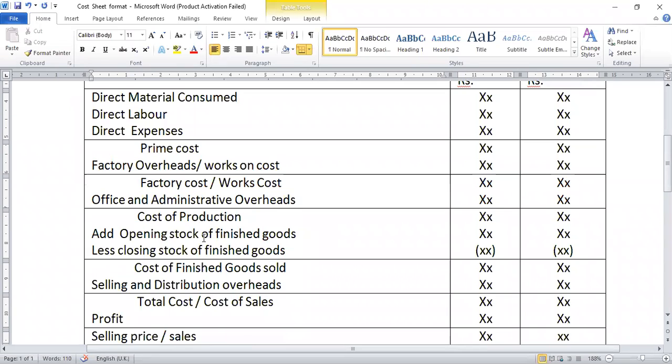Again, in case of opening stock of finished goods, the cost of opening stock per unit and total is already given. But for closing stock, you have to calculate it. Selling and distribution, again, we have to make the total of these and show it here. Got it? For profit, they will give us a percentage, 20% on cost or 25% on sales, whatever percentage they have given. On the basis of that, we have to calculate the profit. Now, first thing we are going to do, write down the format, then we will continue with the problems.